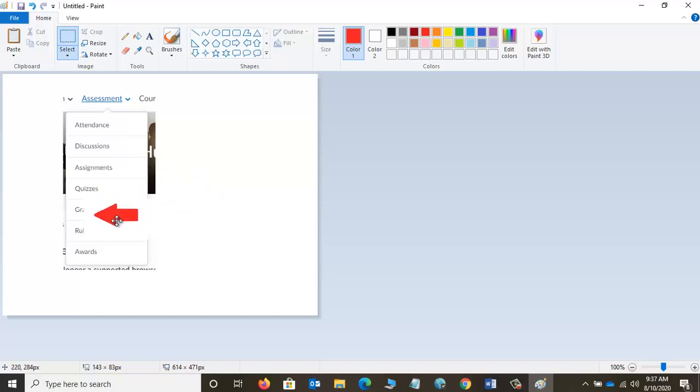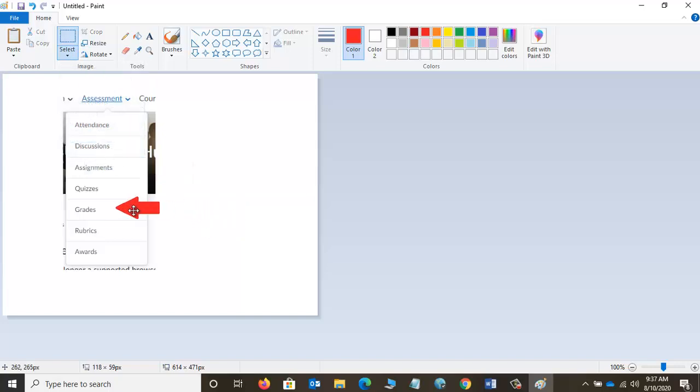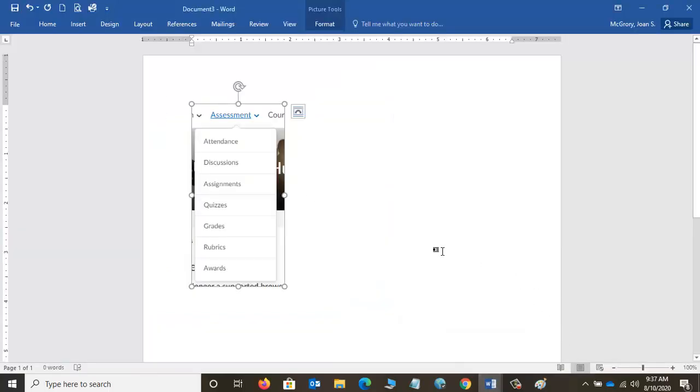But I notice as I move it around, I grabbed a really big place of it and it's covering stuff up. And I would instead prefer that that has a transparent background. So now when I move it in there, it's more transparent and it provides a very nice point to that. And then what you can do is you actually can do a couple things. You can, if you want, just go ahead and now select that and copy and go back to Word,